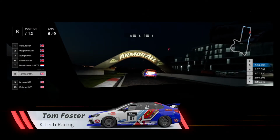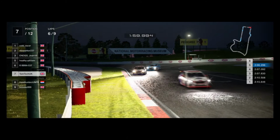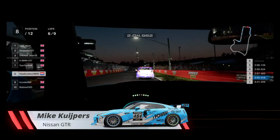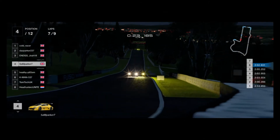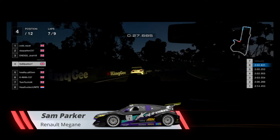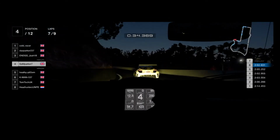So Mike is now there with Tom. So Tom's got ahead of Mike. Into 7th, Mike drops down. Let's check out the rest of the race. Heathy still on his own in 5th, and look at this, Sam is right on the back end of Josh now. Oh, sparks coming off of Josh's car as he hits the wall. Slightly scrapes it, but